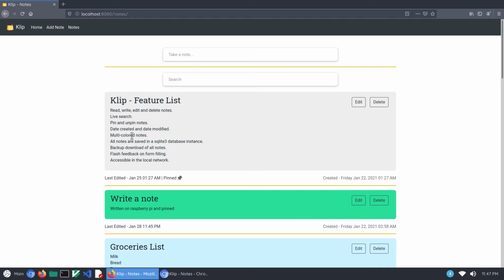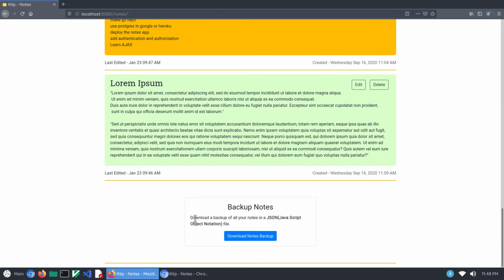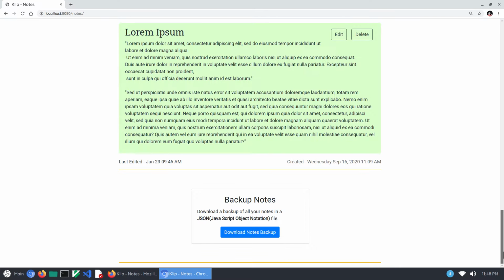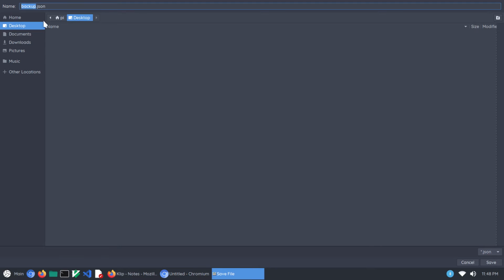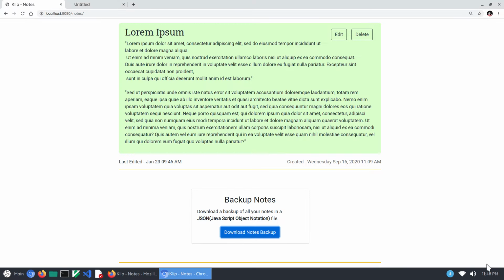all notes are saved in a SQLite database, right? So even if we stop the program and run it again, the database file would be there and all the saved notes would be there. The next feature is the backup of notes. We can back up all notes in a JSON file, and let's save it and open it.